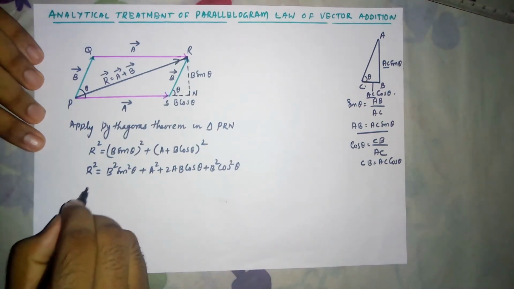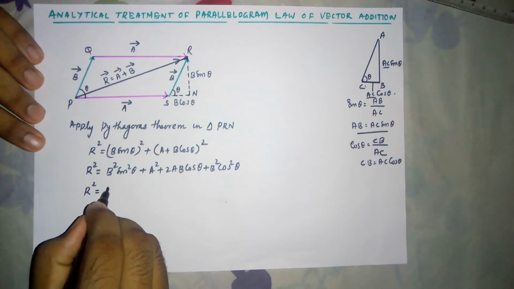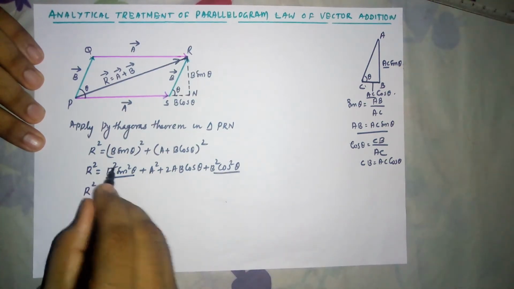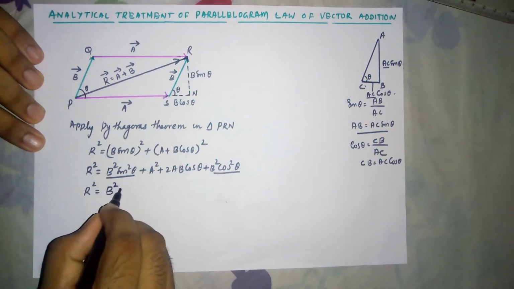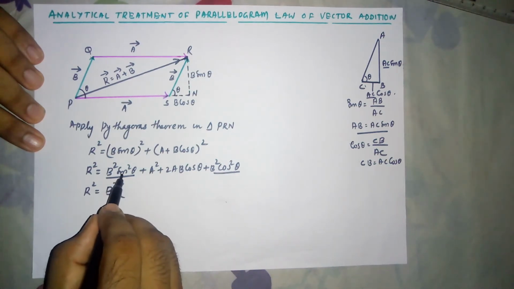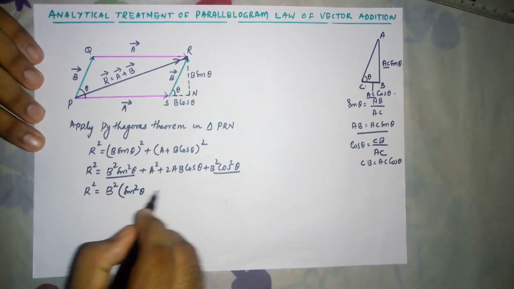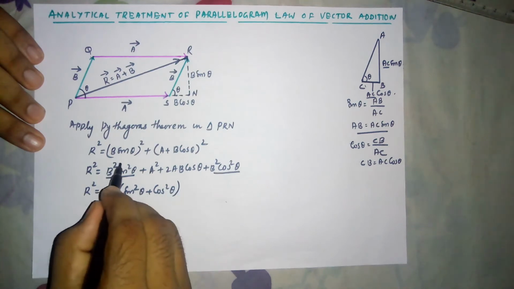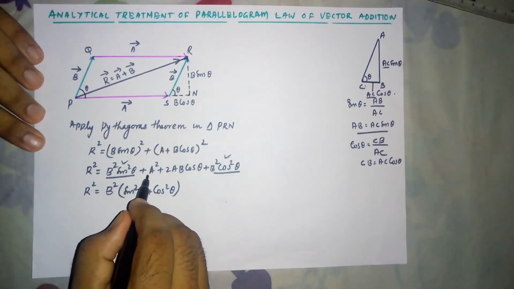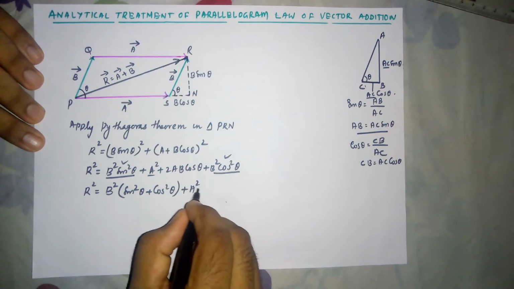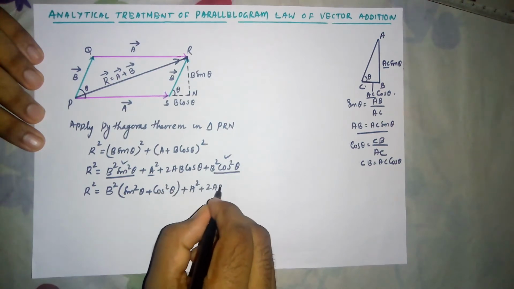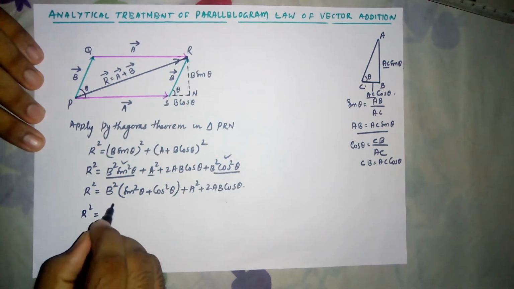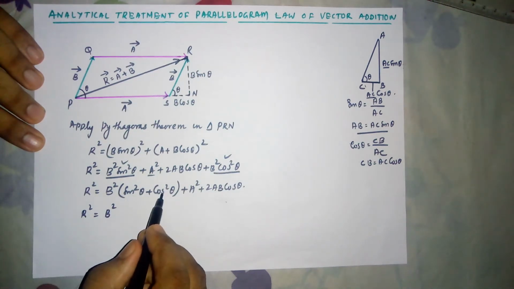Then R square is equal to, see, in the first term and in the last term, we have B square, right? So I am taking that B square outside. Then what is left in the first term? Sin square theta. And in the last term? Cos square theta. So these two terms we have considered. Then what else is there? Plus A square plus 2AB cos theta. So R square is equal to B square into (sin square theta plus cos square theta)